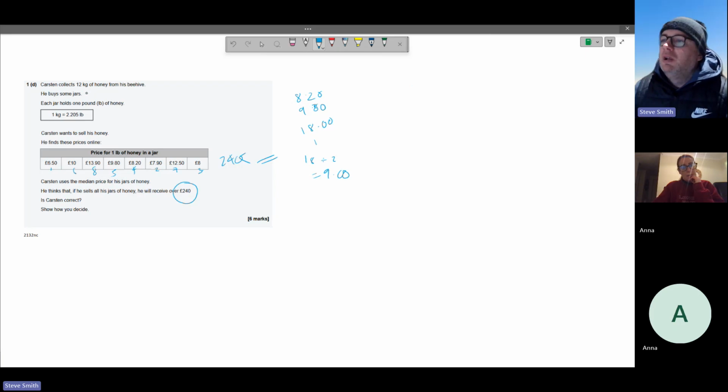Okay, so let's have a look. It's saying here now, Carlson collects, this is a 6 mark as well, so again, it shows that you've got to get involved. Carlson collects 12 kilograms of honey. So now we're going to have to times this by 12. Beehive buys. Yep, so we've got 12 kilos, 12 times